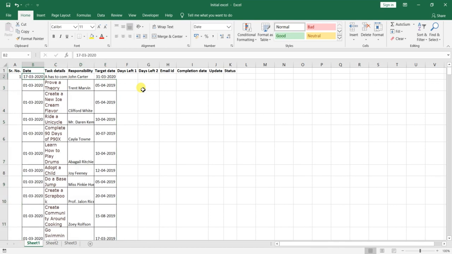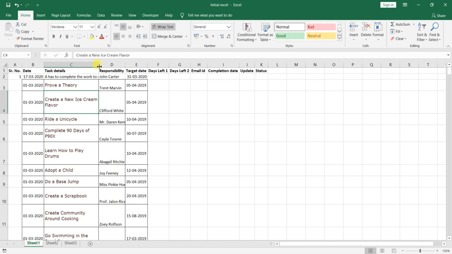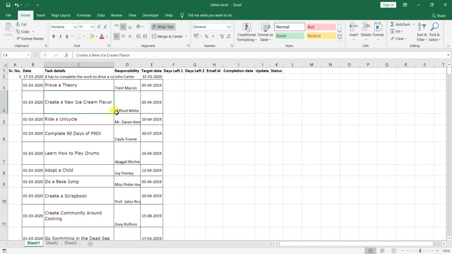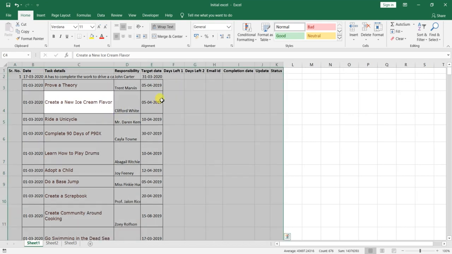You can see that there are so many mistakes in the data and the data accuracy is not there, so data filtration is required. What I am going to teach you in this lecture is the data filtration method. See, here is the task detail which is very small and I want to fix this, but I already taught you, you can use the Control All command,